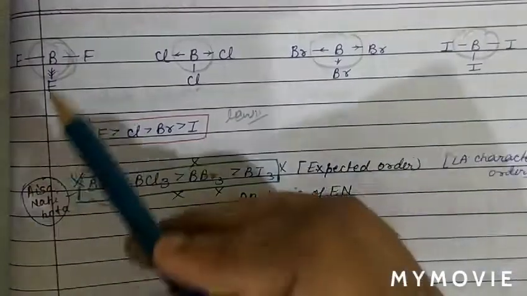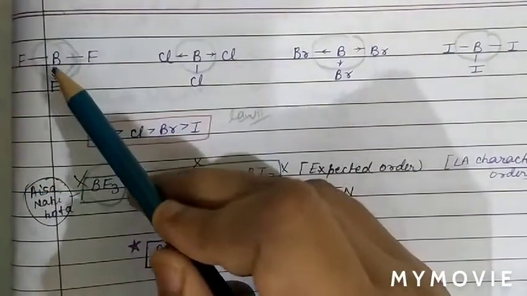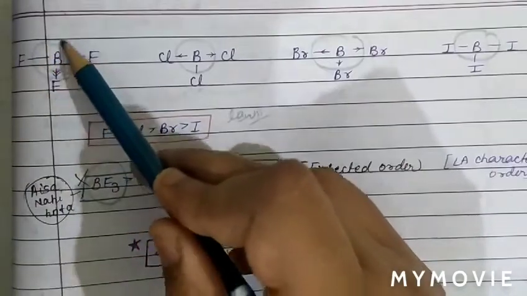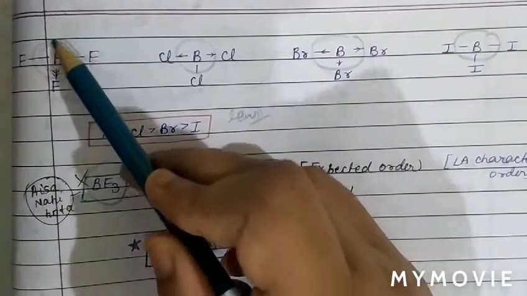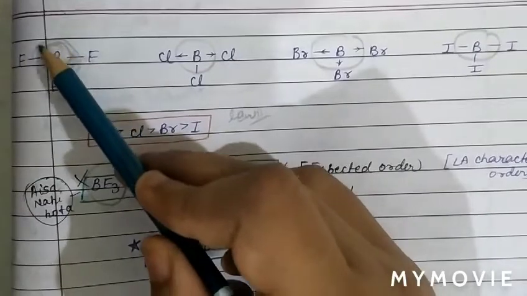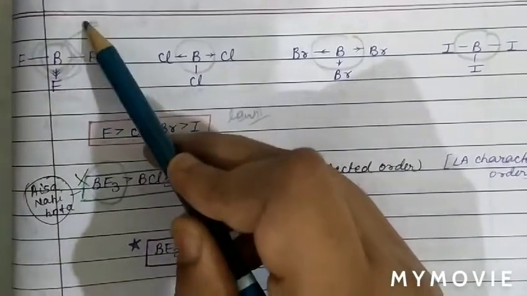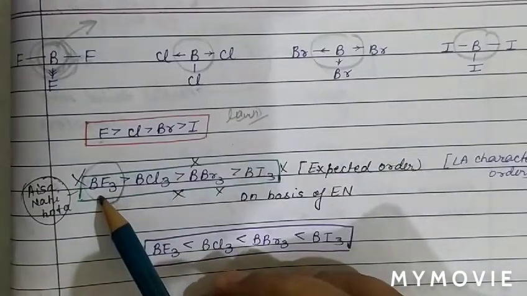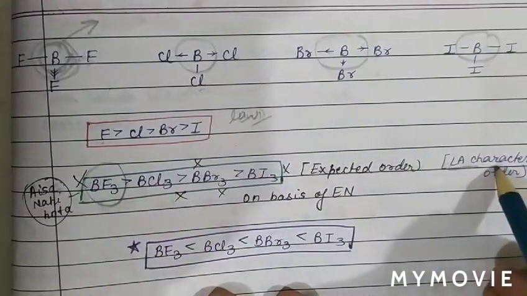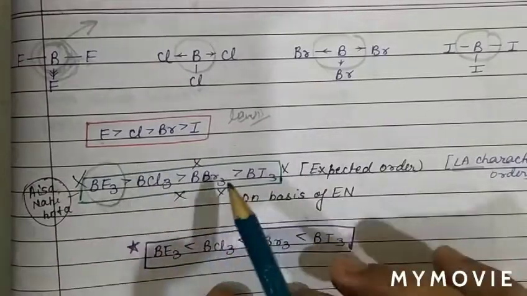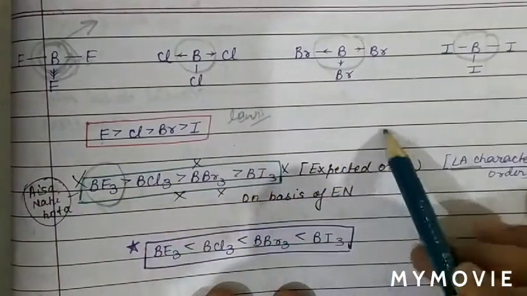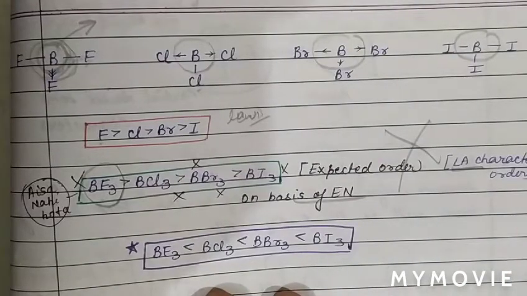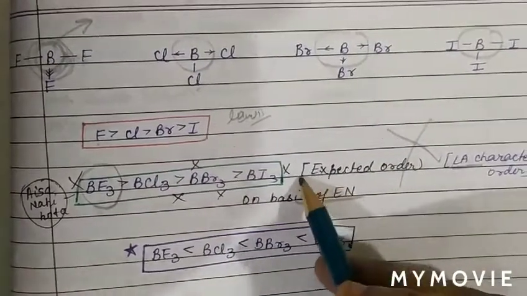Why? Because fluorine is more electronegative, it attracts more electrons towards itself, therefore more electron deficiency of the boron atom, so if there is more deficiency of electrons it means a stronger Lewis acid. So according to electronegativity, the order of Lewis acid should be BF3, BCl3, BBr3, BI3, but this is wrong. This is expected on the basis of electronegativity, which is wrong, because the correct order of Lewis acid